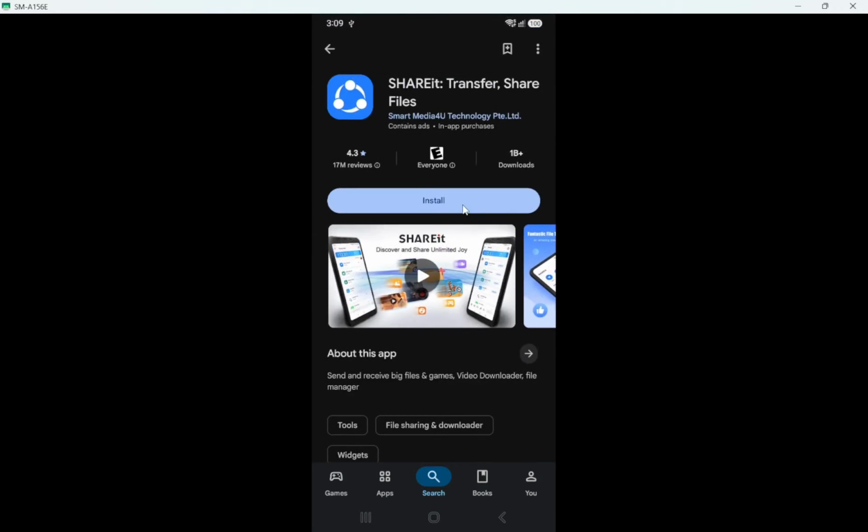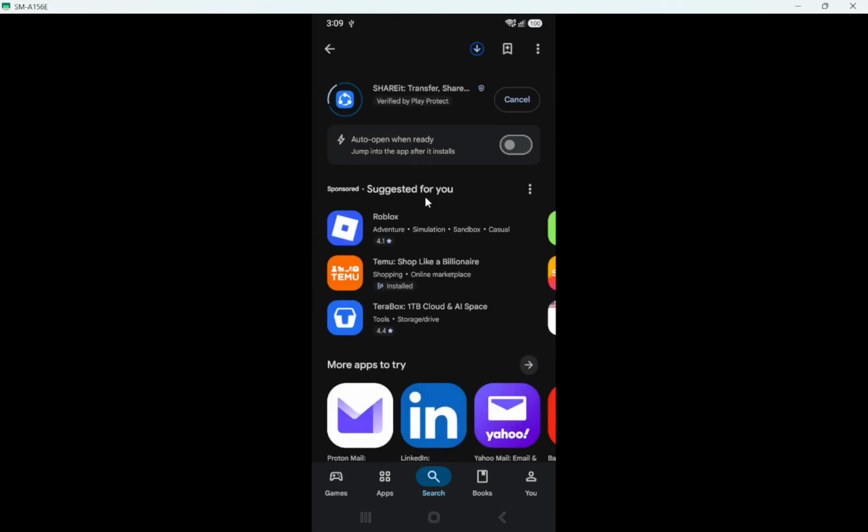Next, tap Install. The button will change to show a download progress bar, and you might see a small notification appear at the top of your screen. If you are on mobile data instead of Wi-Fi, your phone may show a quick warning about data use before it starts downloading. Wait for the installation to finish.